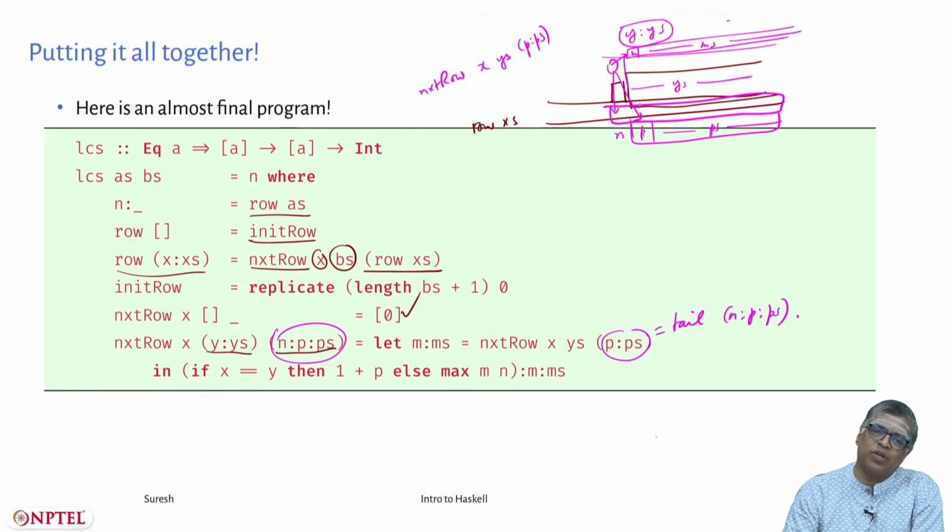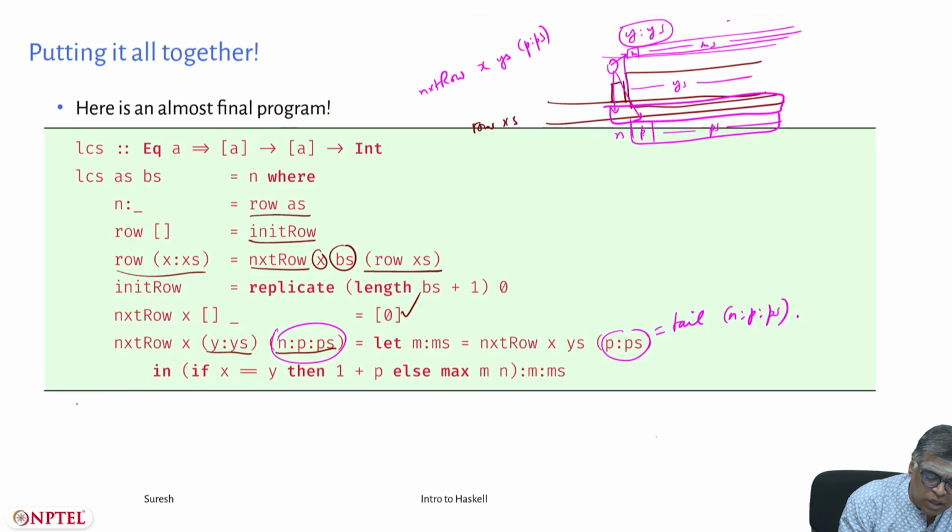It is the same update function except now I am calling it an extra function. I am computing things row after row. This is a very optimized version of the program, and I urge you to study this and try to understand it in better detail. This idea is courtesy of the book by Bird and Gibbons.